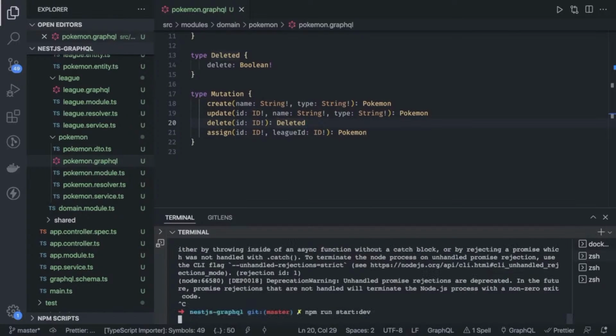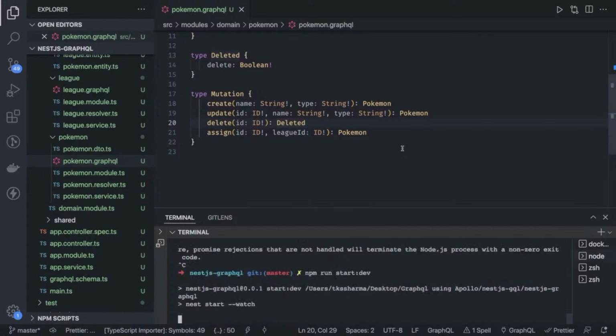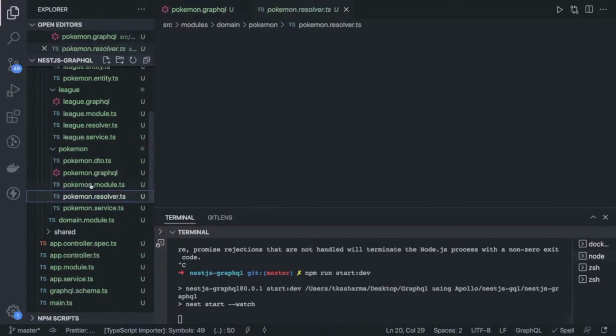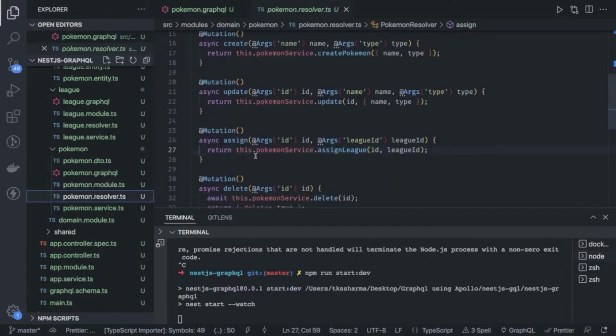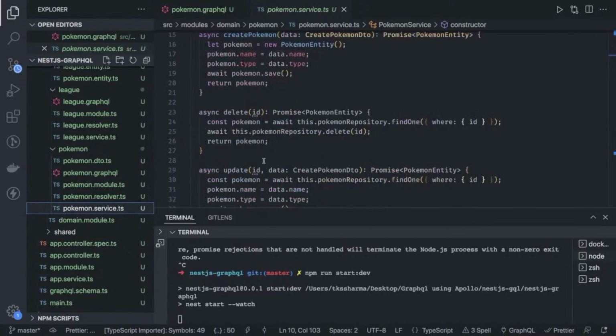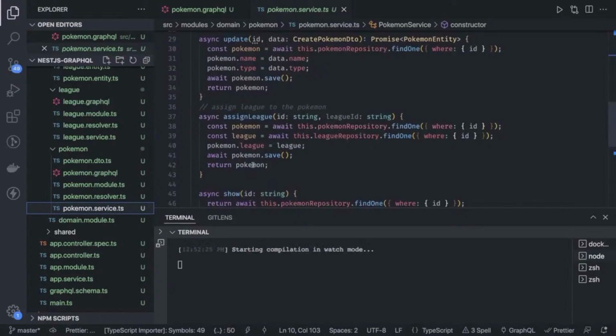One more important thing in this example is we are doing a two-way relationship, but in the GraphQL files we should do this relationship one way only. Like we are specifying the Pokemon in the league model, and the league model in the Pokemon, right? So it's kind of a cyclic dependency we are creating. When we are fetching Pokemon, we can fetch the leagues. When we are fetching the leagues, we can fetch the Pokemons, but do not make that property required. Okay, let's see, we are starting the server again,